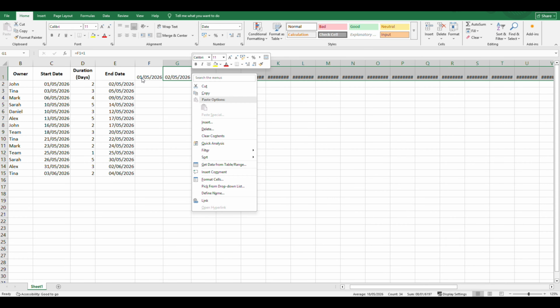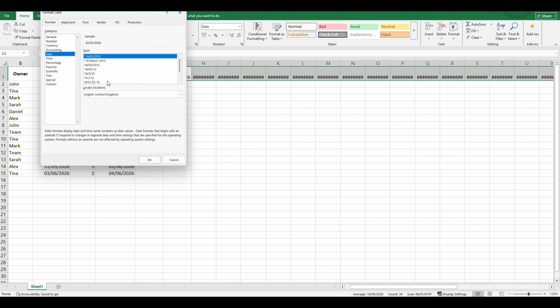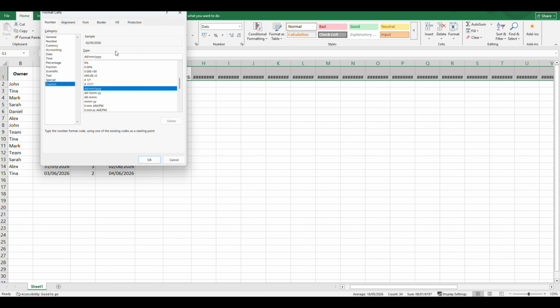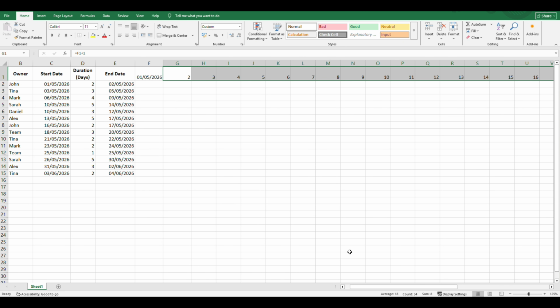of the chart. Now here's a visual cleanup step that makes a real difference. All those date values in row 1 are going to be shown as full dates by default, something like the 1st of March 2026, which makes each column wide and the chart hard to read. To fix that,